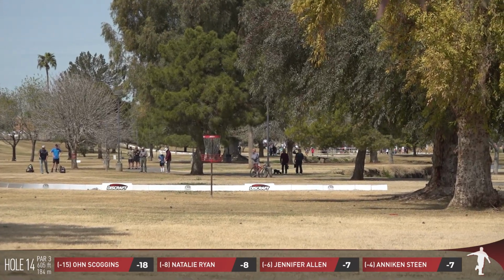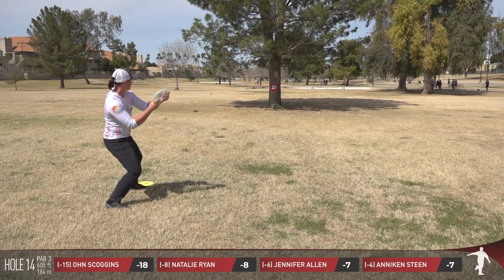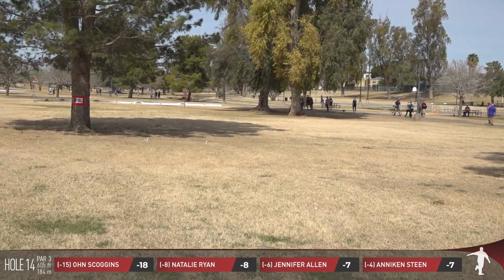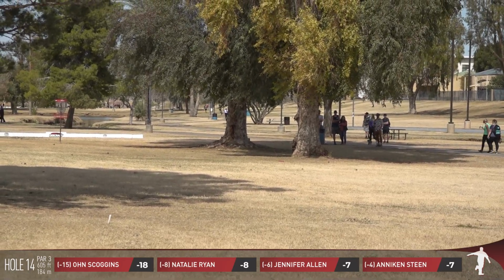You got Jen powerhousing it down there with a great amount of height. It just didn't die out fast enough, and it's just because it had so much heat on it. But she's still going to have a look at a putt, so she's good. That fade a little